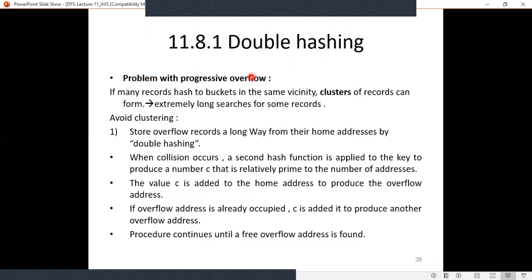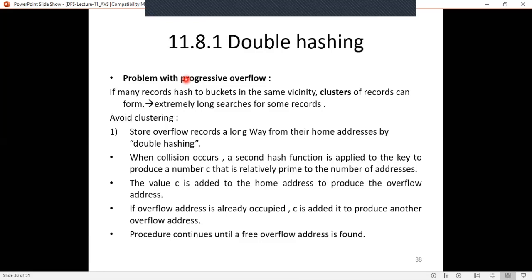See, the problem with progressive overflow. In the last session we discussed progressive overflow, or linear probing, right? In that, when many of the keys hash to the same location or the same home address, a cluster is formed in that particular area.